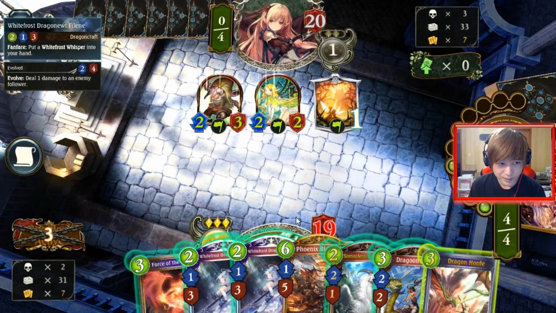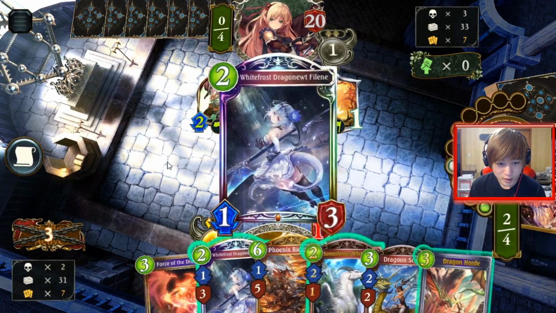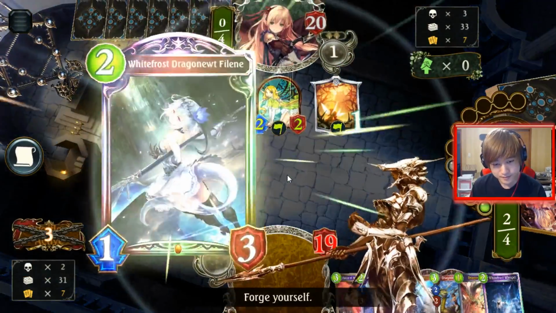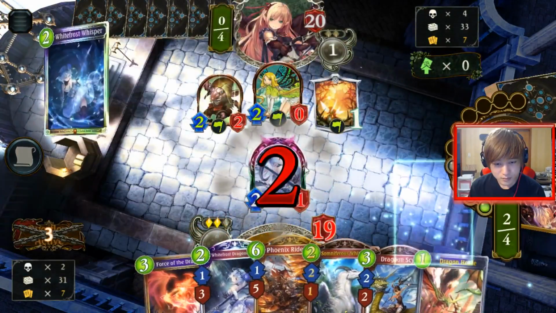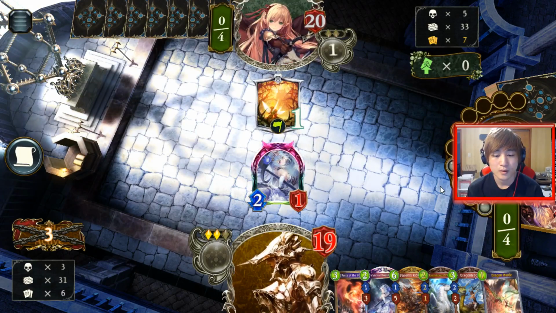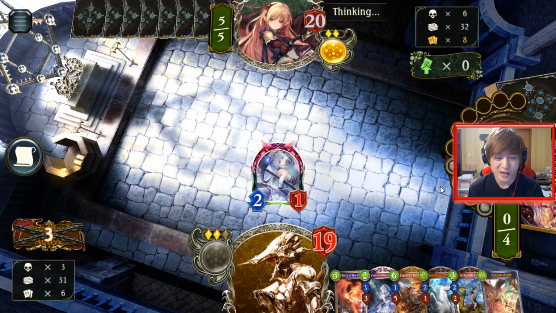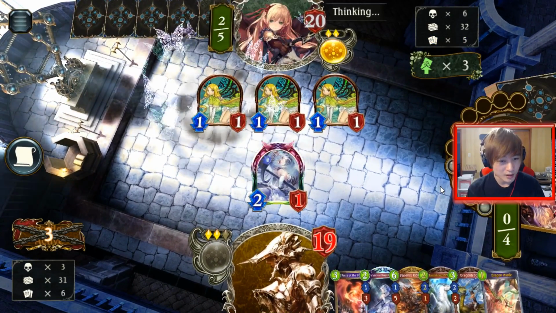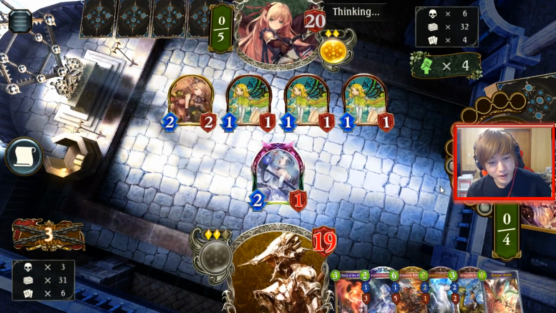So we could use the Feline and evolve to ping the Goblin and use the White Frost to kill the Goblin, and then I get to clear the board, which I think is fine. Had to use the White Frost Whisper, but against Forest, they don't really have big stuff anyways. Like the biggest thing I would want to kill is like a lizard, Imperia, but